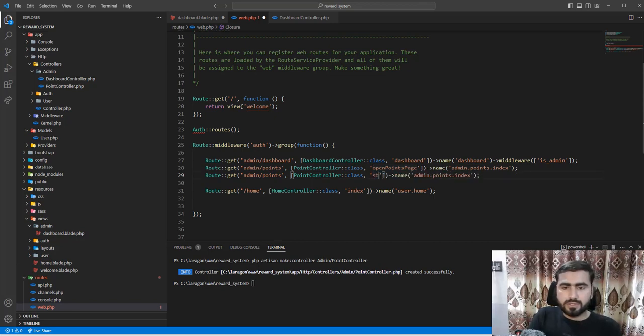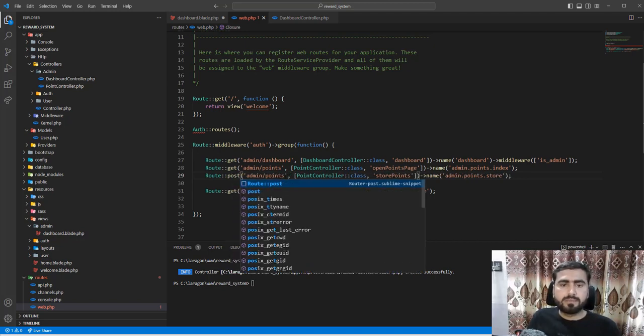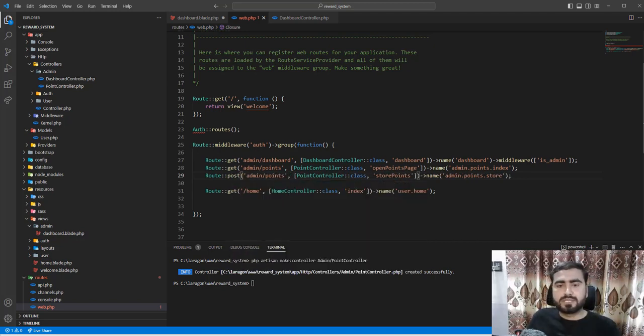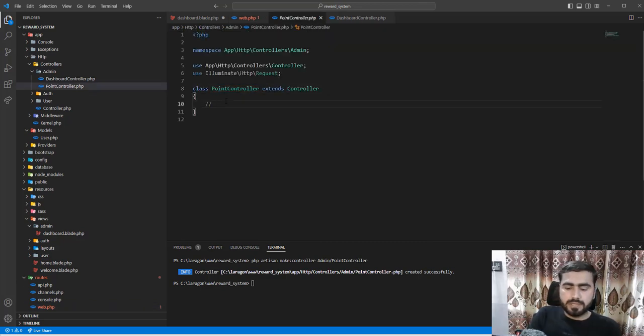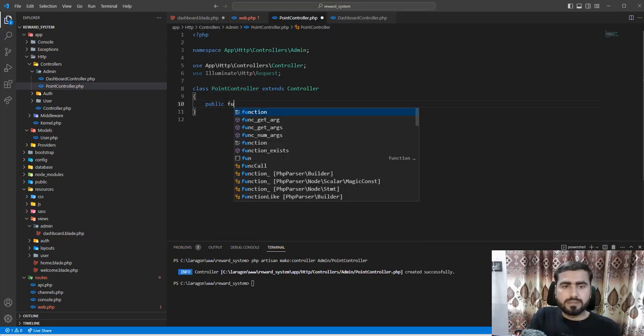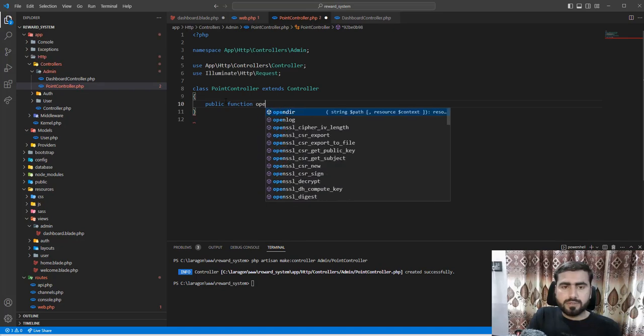We'll use this store points, right? Store points, and then slash points, and this one would be store, right? And this would also be post, right? Because we are submitting some form on this route. Go to this points controller, and create these two method functions, open